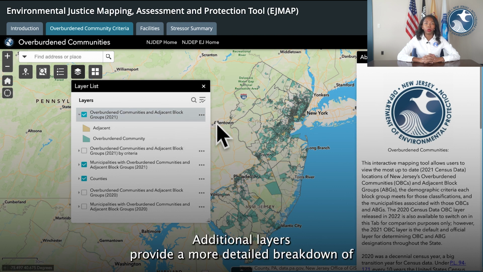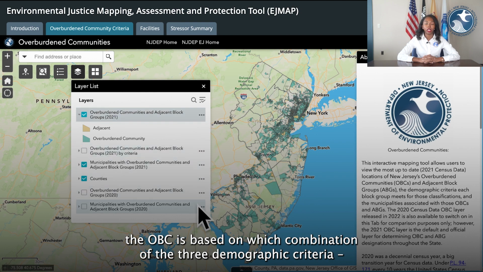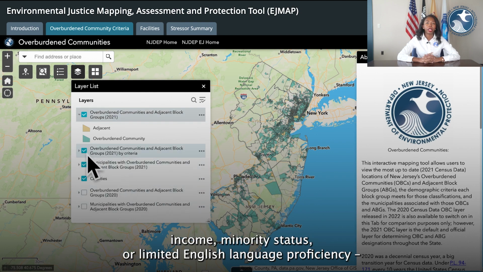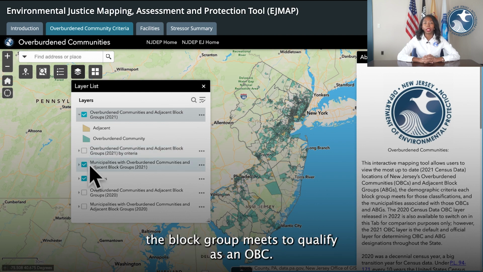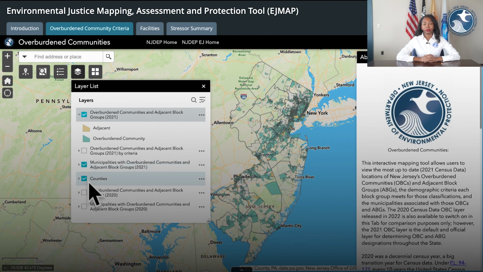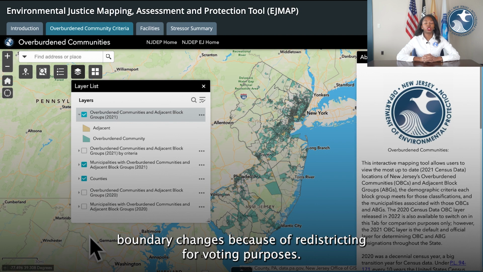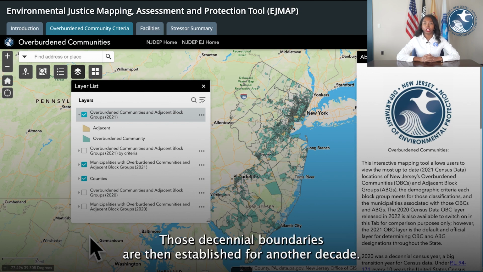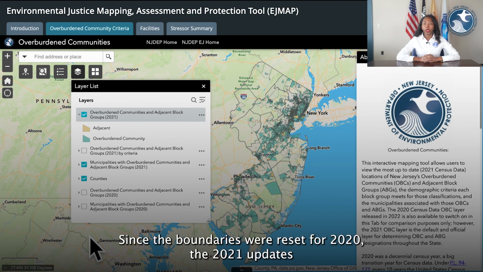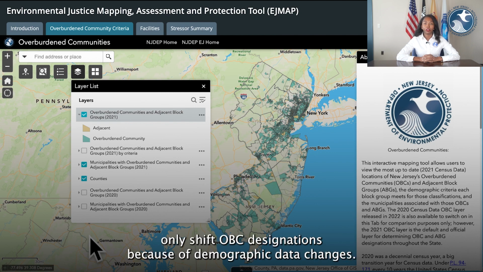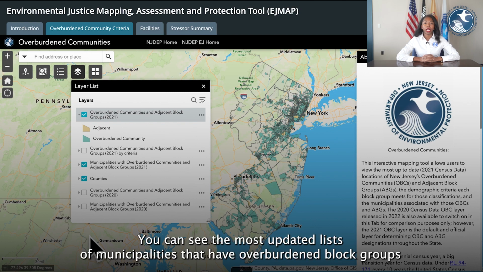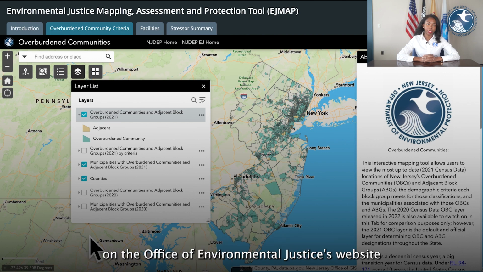Additional layers provide a more detailed breakdown of the OBCs based on which combination of the 3 demographic criteria, income, minority status, or limited English proficiency, the block group meets to qualify as an OBC. Every 10 years, the Census Bureau updates include block group boundary changes because of redistricting for voting purposes. Those decennial boundaries are then established for another decade. Since the boundaries were reset for 2020, the 2021 updates only shift OBC designations because of demographic data changes. You can see the most updated list of municipalities that have overburdened block groups on the Office of Environmental Justice's website at